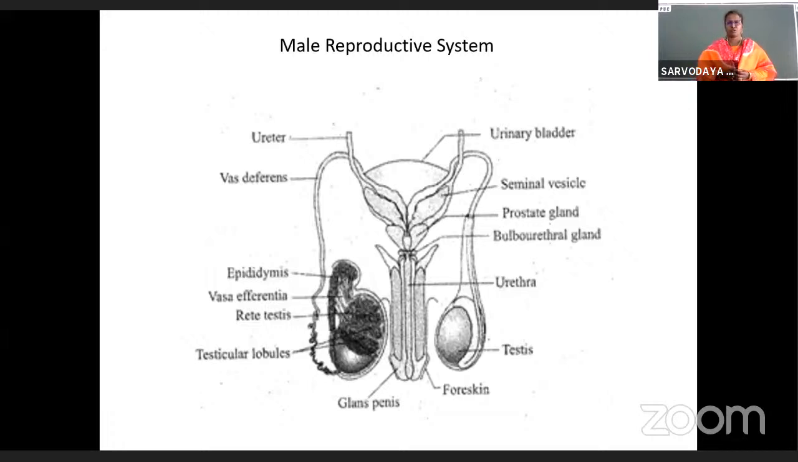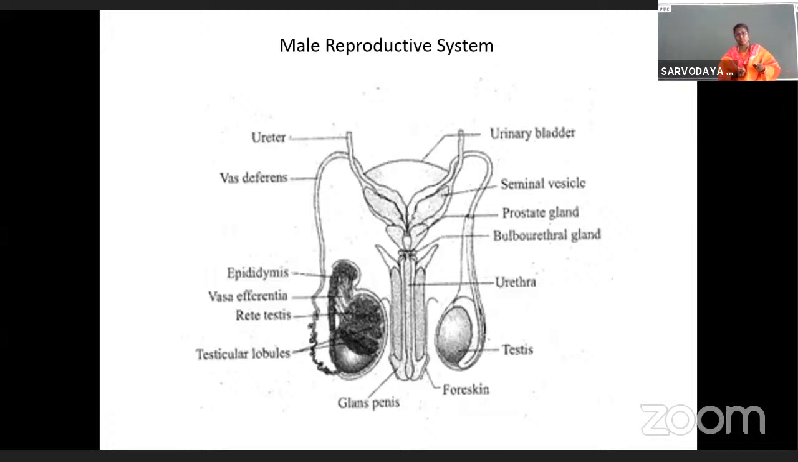Very good afternoon to all of you. So yesterday's class, we started to learn about human reproduction. In that, we were learning about the male reproductive parts and its function. Just in continuation with yesterday's topic, or if you want to have a recollection, we all know that